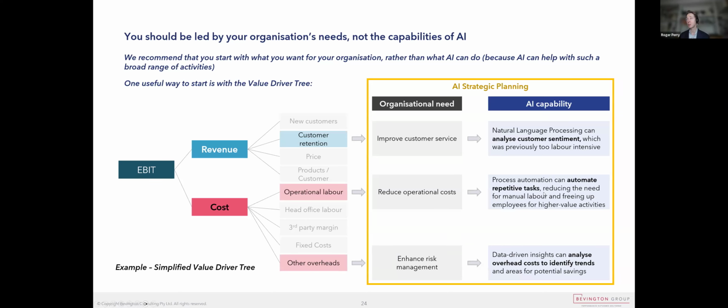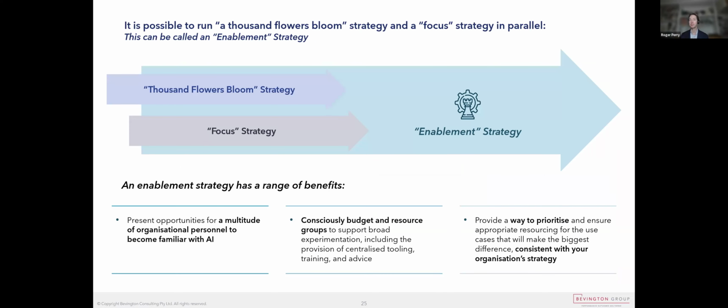Bear in mind that there are automation tools that have been around for a while, actually, and they're getting quite mature. And it's not just core systems, but things like RPA. And then you can do enhanced risk management for other overheads, for example, and you can analyze different trends. So just in terms of that focus, do bear in mind the need to think about your business in a structured way. I thought it's worthwhile stressing that before going on.